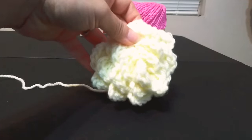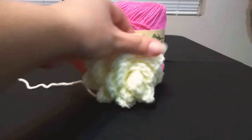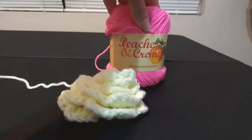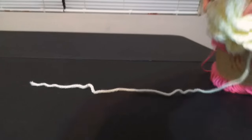This crochet rose. For this rose I use 100% acrylic, but for today's video I'm going to be using the Peaches and Cream cotton yarn. Okay, so let's put